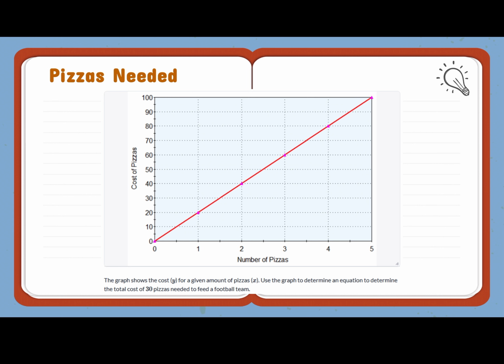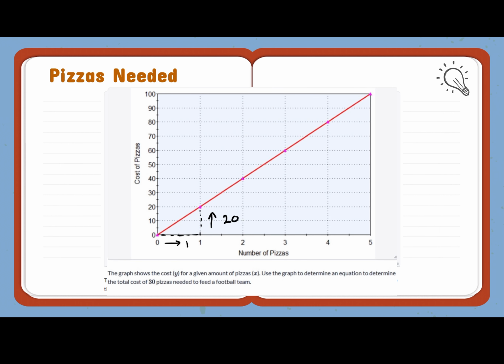So this time we'll have to solve for it. And first thing you should do is just figure out what we're looking for. So we're looking for the total cost of 30 pizzas, and we want that as x value, which is this bottom line, to equal 30, except it cuts off at 5,